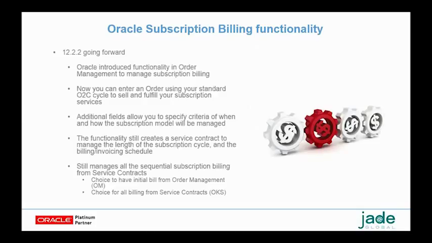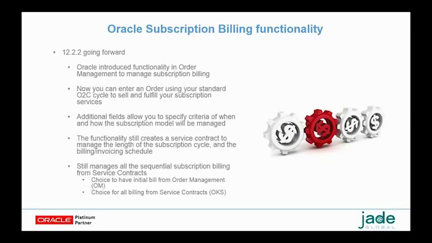Beginning in 12.2.2 and going forward, the functionality to manage this seamlessly in your order to cash cycle was introduced by Oracle. Now you can enter an order using your standard order to cash cycles and fulfill even your subscription services or products, and that would automatically get seamlessly built into your order to cash cycle. It would manage whatever needs to be done in service contracts to manage the billing schedules, and that functionality would